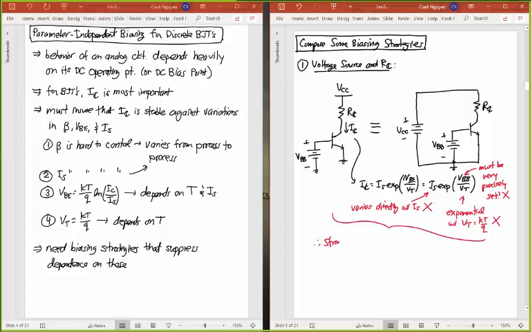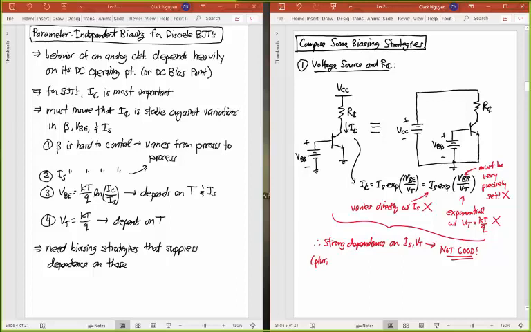This circuit has a strong dependence on I sub s and Vt. Okay, and that strong dependence, that's not good. I don't like that at all. Okay, plus,